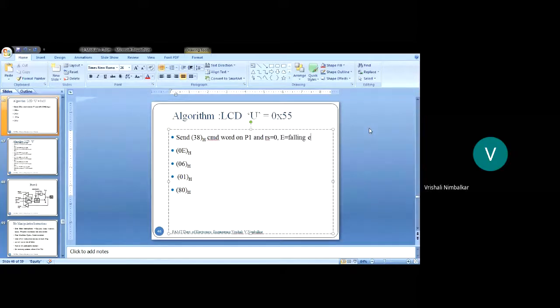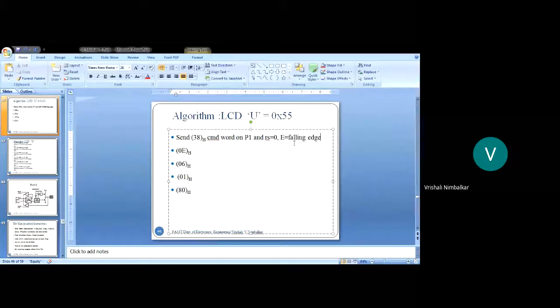Falling edge. Or else this 38 will not be taken by the LCD unless the control signals are activated. So microcontroller should place the command on the data lines which is connected to port 1 and activate the control signals.